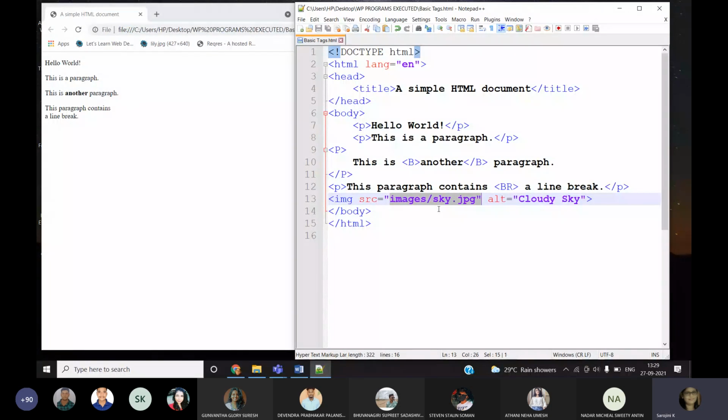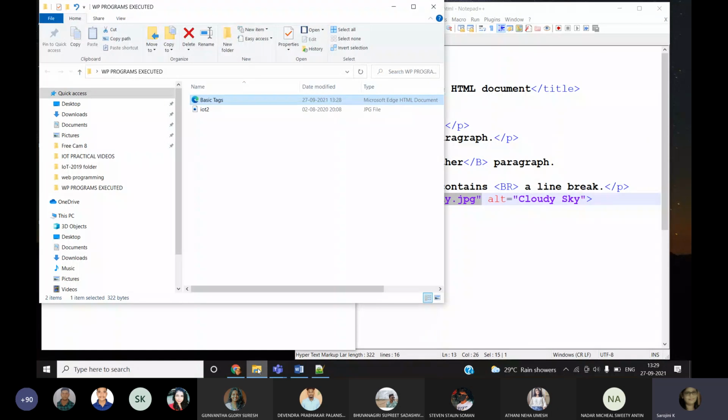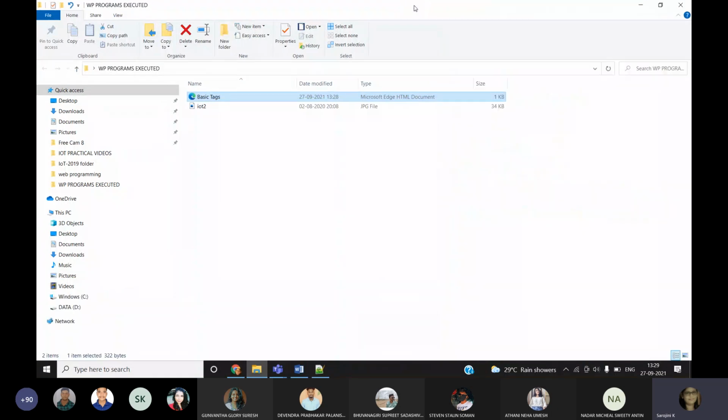So what you can do, you can search and find out any JPG images in your system, or you can take a JPG image from a website. How can you search for JPG images in your system? Go to Windows Explorer. I assume you all are using the Windows operating system.